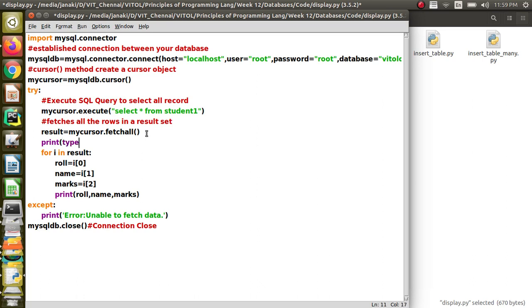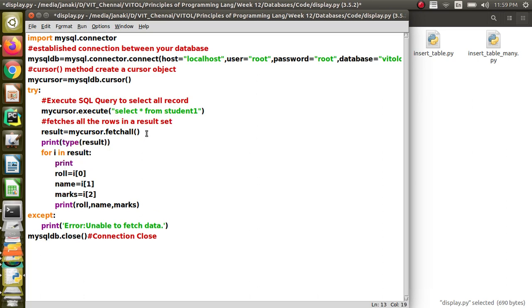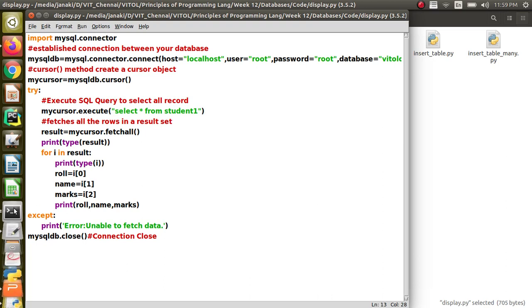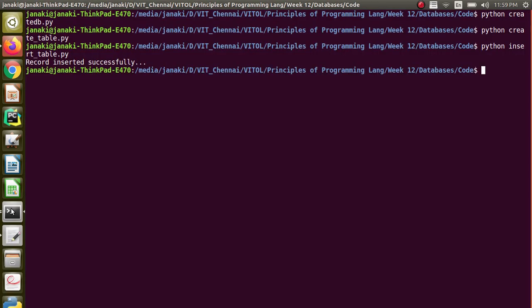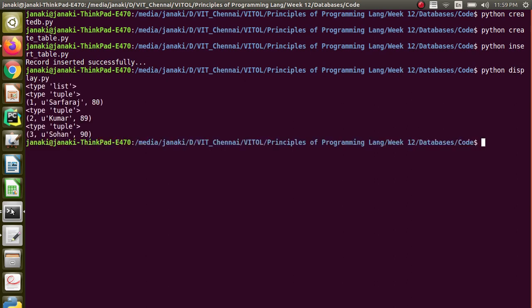We have already seen in our course that type will print the data type of the variable. Result is a variable, so when you say print type of result, you get the data type of result. Similarly, type of i gives the data type of i. You will see that result is a list and i is a tuple, so the result set is a list of tuples.